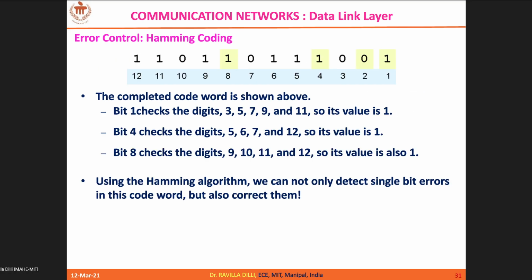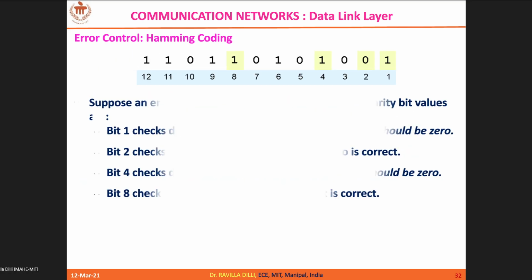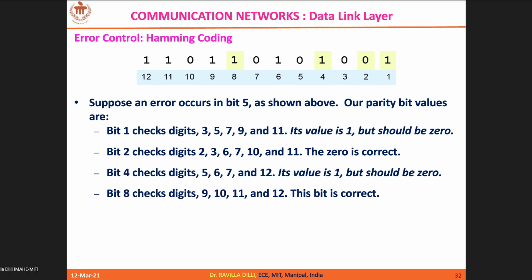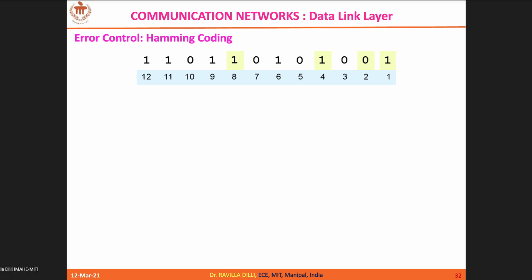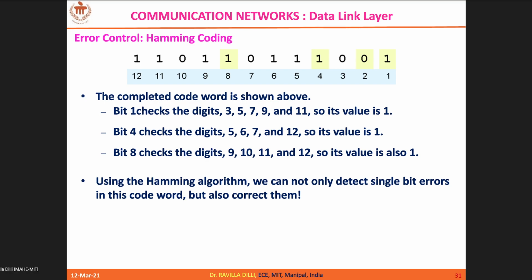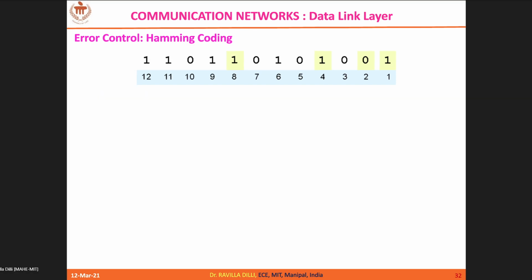So we have derived it, we have formed the code word, and you can see here I have introduced a 5th bit error deliberately. The actual value of the 5th position is 1. For this code word, if you derive the R bits, it will be all zeros, so that means no error. Now I have changed the 5th position to 0.